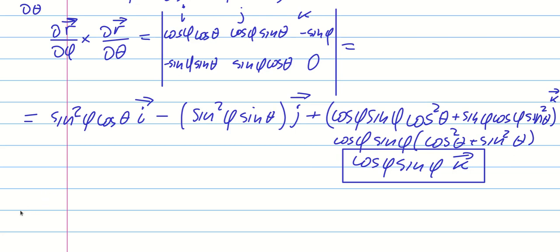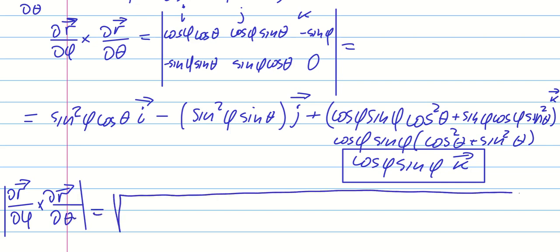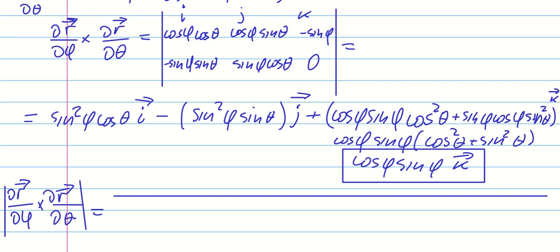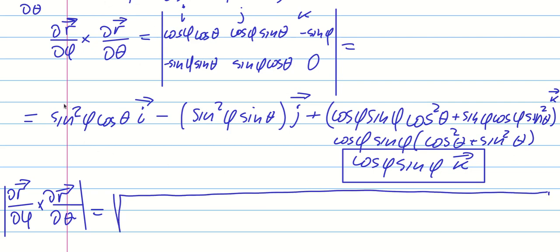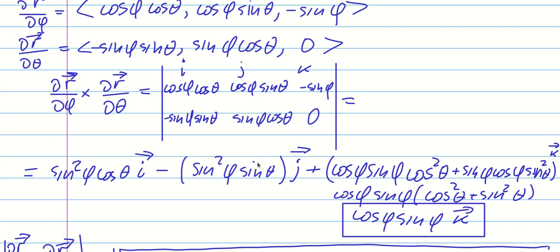Alright, so now we need to find the magnitude of this vector. So the magnitude of dr d phi cross dr d theta is going to be the square root from this term squared, so it's going to be sine to the 4 of phi cosine squared of theta, and